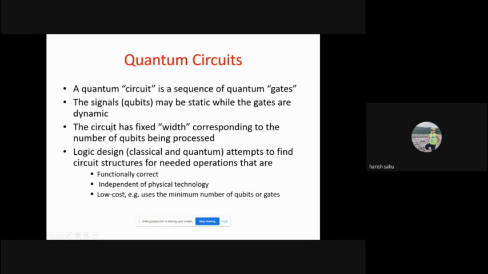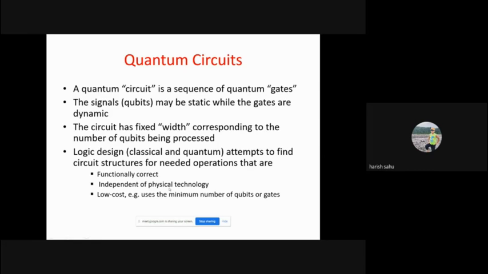And in case of quantum circuits, it has fixed width, means the number of qubits is fixed, and the same number of qubits are at the input, and the same number of qubits we will have at the output or final state also. So the similarity between classical and quantum circuits is that whatever logic we want to implement should be functionally correct, and it should be independent of physical technology.